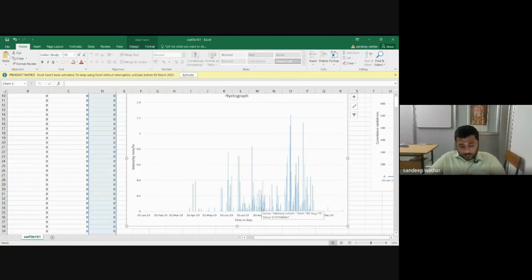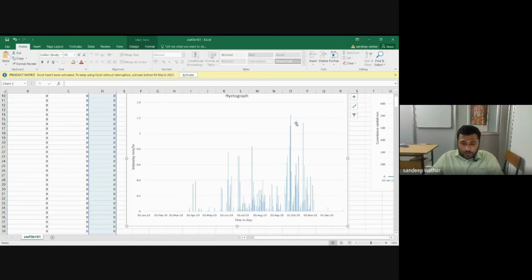So for any given month, you can try to understand whether the rainfall was equally distributed. It means that every day, whenever the rainfall happened, whether the distribution was even or not. For example, you might have observed that yesterday, the previous day, a huge amount of rainfall happened within a very short time, right? So if you want to understand the nature of rainfall, like the intensity with which the rainfall is taking place, you need to go for this graph, right?